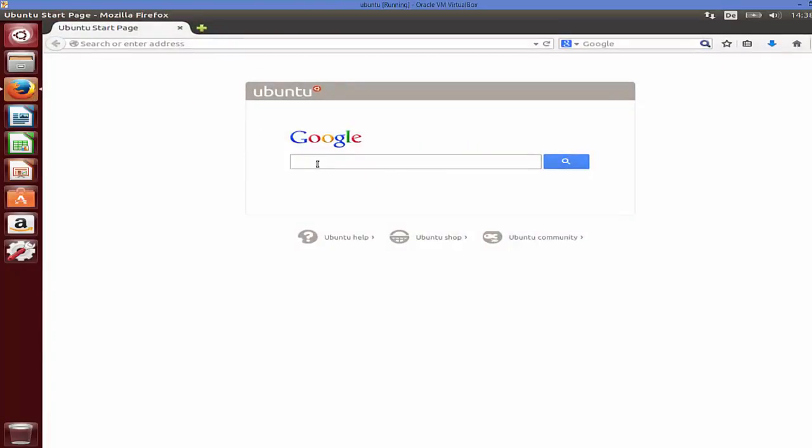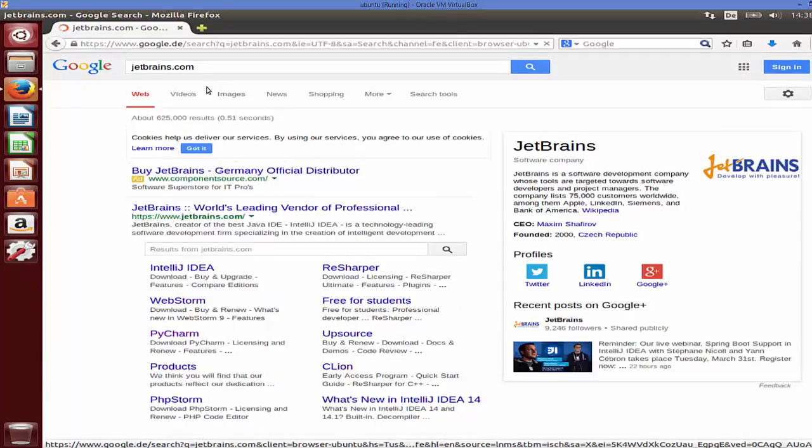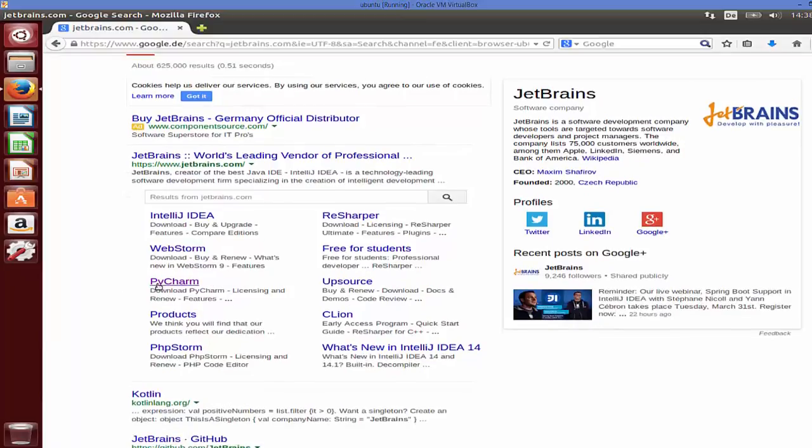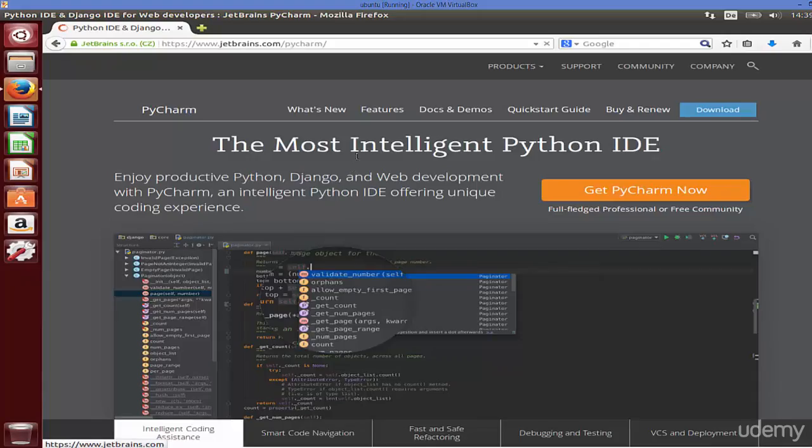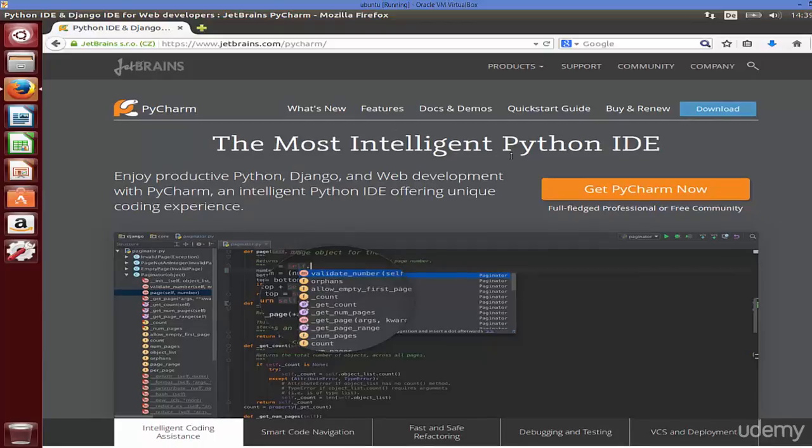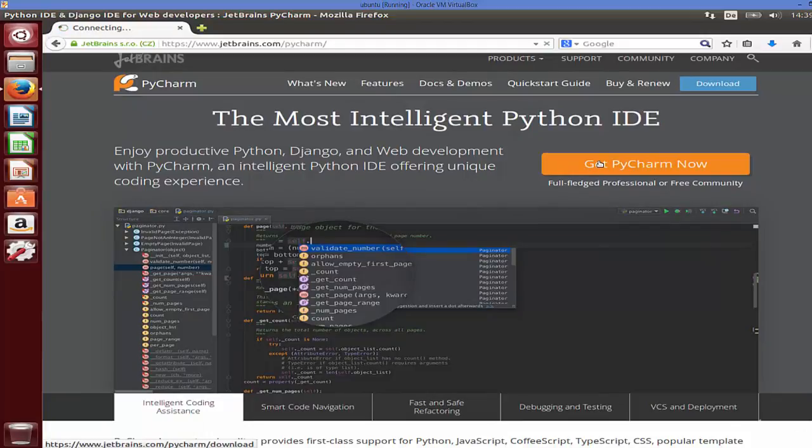So just open your browser and search for jetbrains.com. This is the company behind this IDE PyCharm, and in here you will be able to see this PyCharm IDE. So just click this PyCharm here in the search result, and you will be redirected to the JetBrains website /PyCharm. Okay. So from here you can get this IDE. You just need to click get PyCharm now,